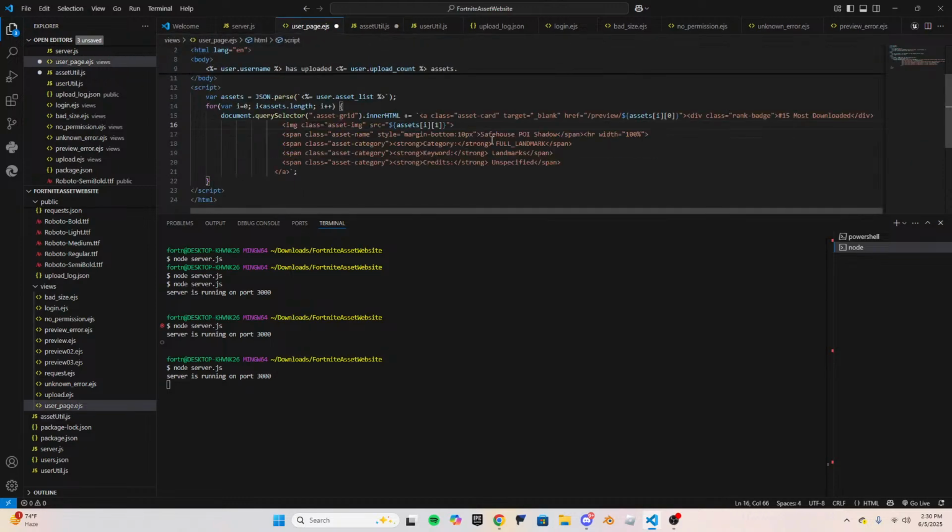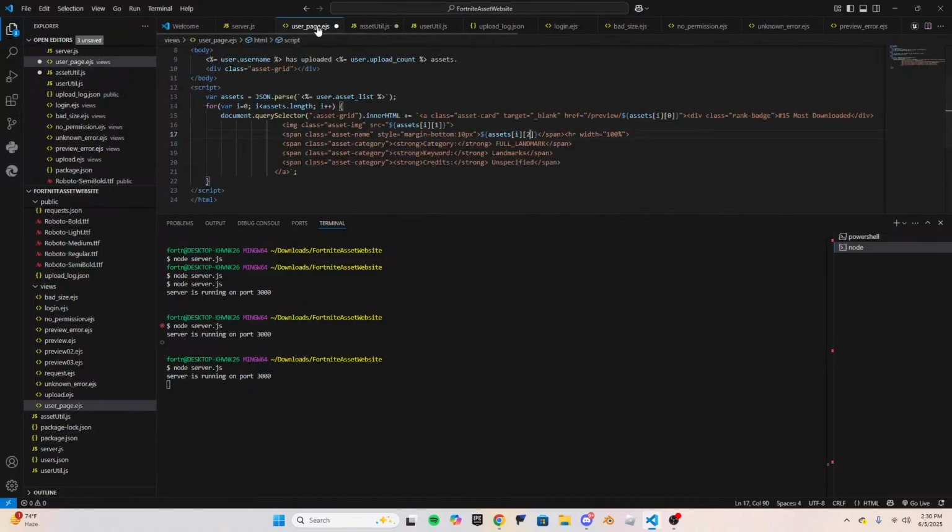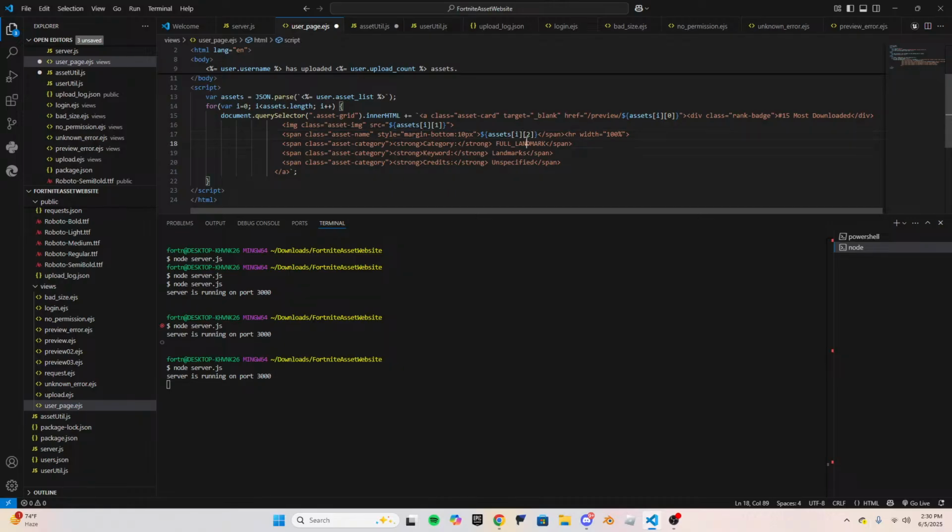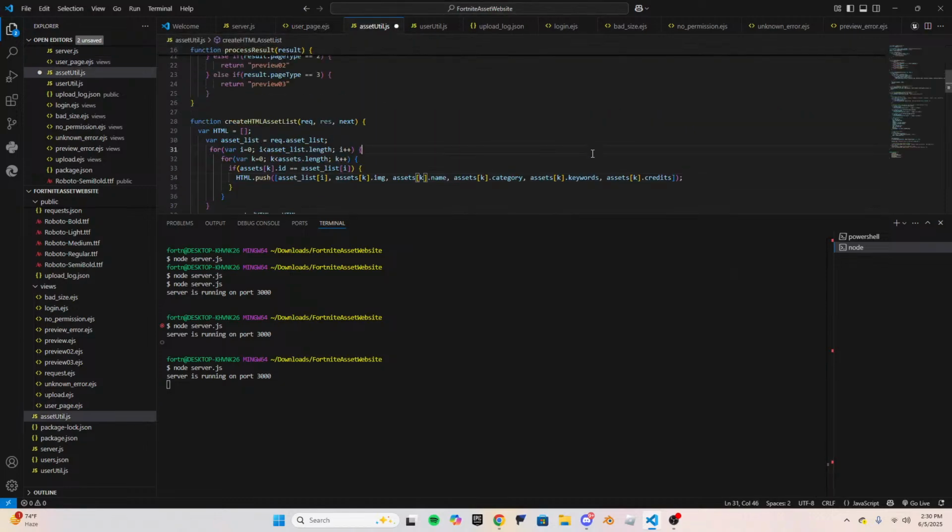Okay, so this would be 1, and then it would be name assets I2, category assets I3, and then keywords is assets I4, and then credits would be assets I5. Okay, asset util